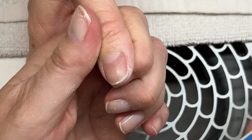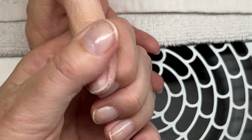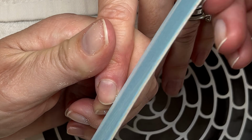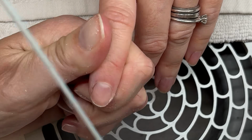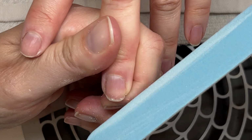So same thing with nails. Applying oil twice a week is not going to make a difference. That's like exercising twice a year. I wish that worked, but unfortunately, no, you have to be consistent. You have to do it on a regular basis. So this is how you get the nails better, and then nail polish stays so much better on the nails